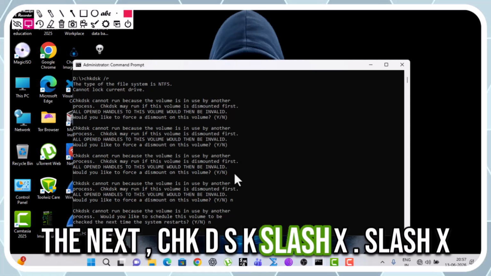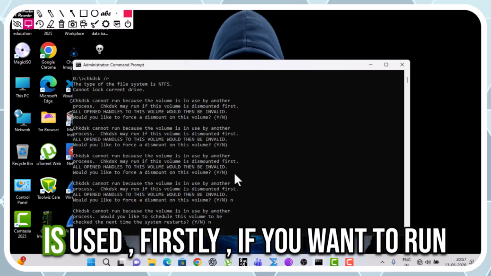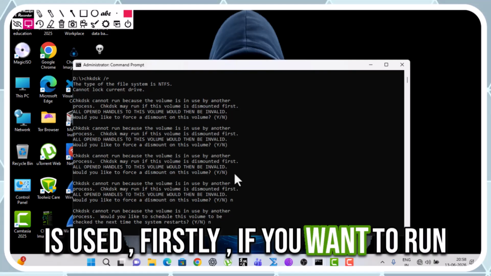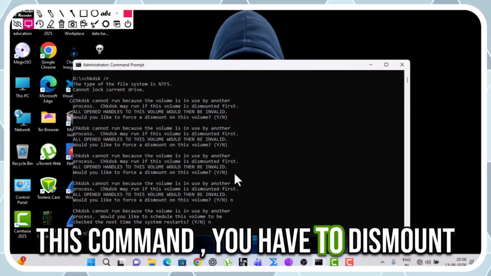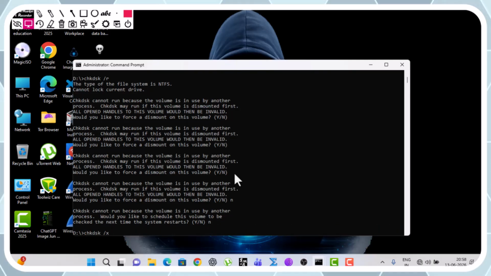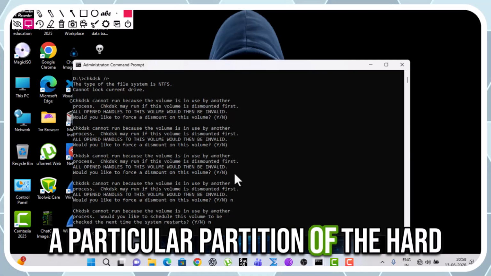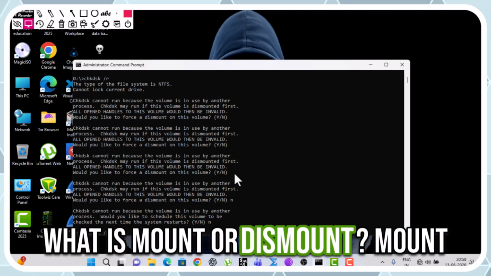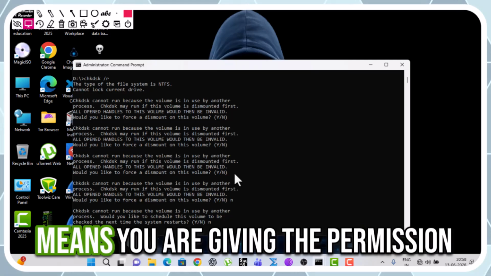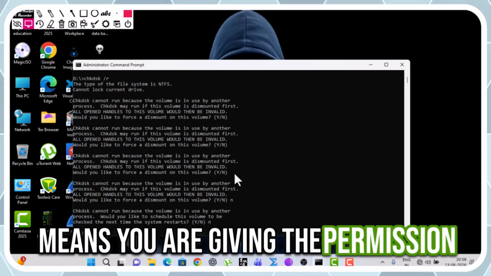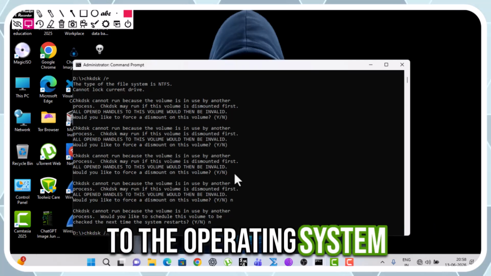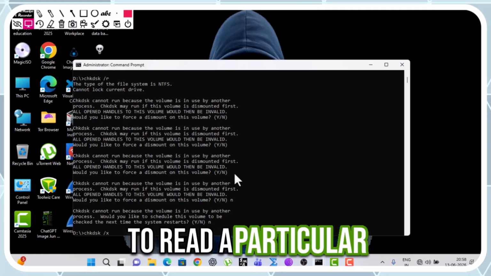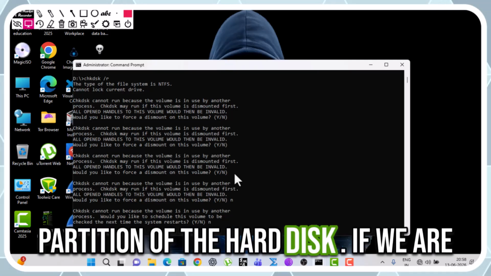Now the next, chkdsk /x. /x is used, firstly, if you want to run this command, you have to dismount a particular partition of the hard drive. What is mount or dismount? Mount means you are giving the permission to the operating system to read a particular partition of the hard disk.